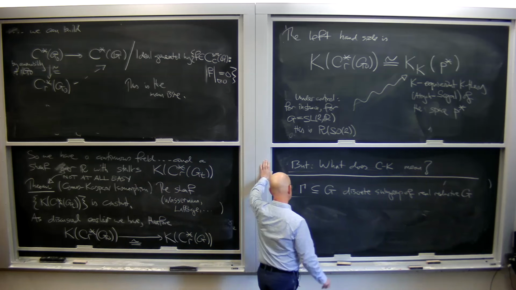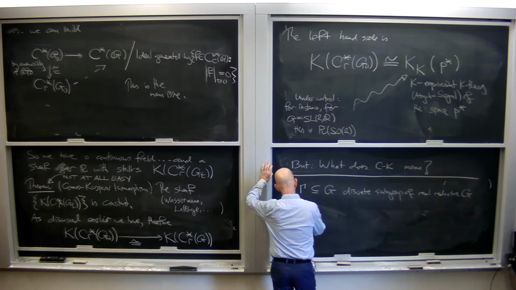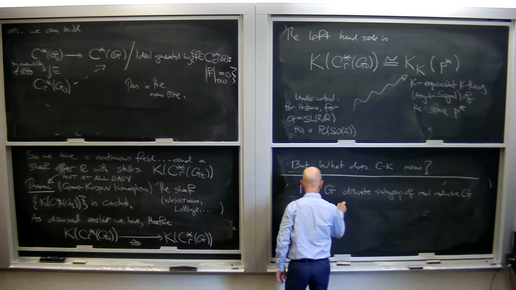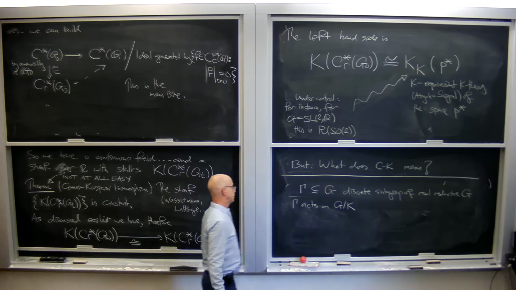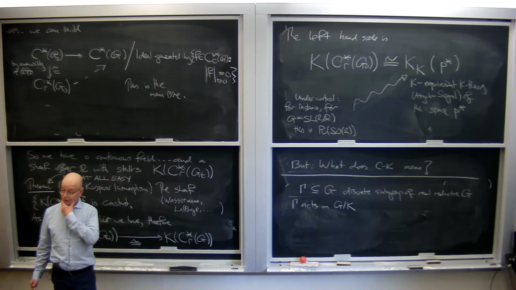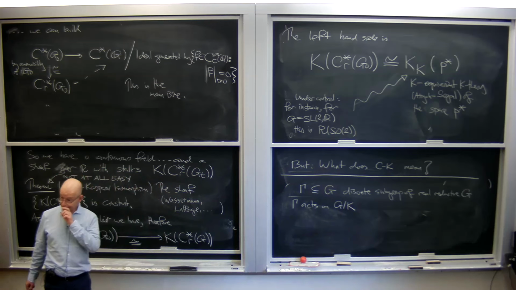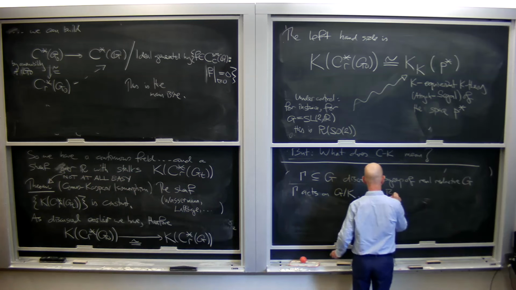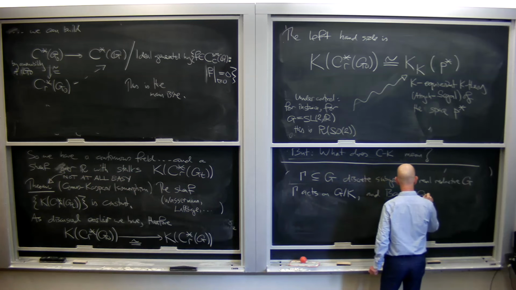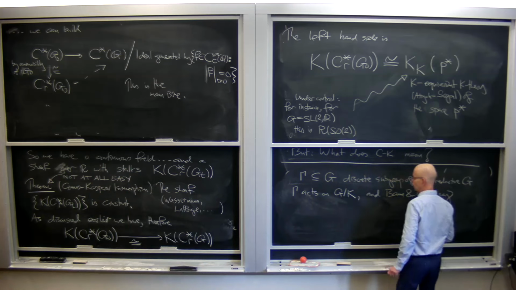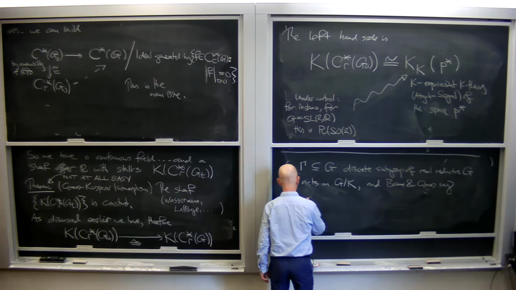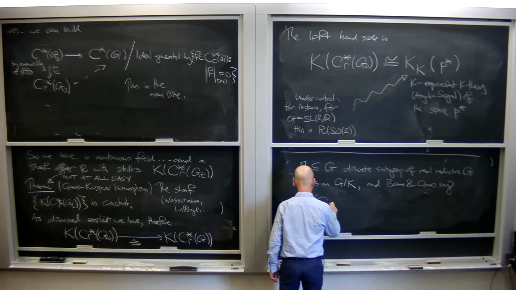Then you can think of gamma acting on G mod K. And what Baum and Kohn say is that the K-theory of the reduced C-star algebra